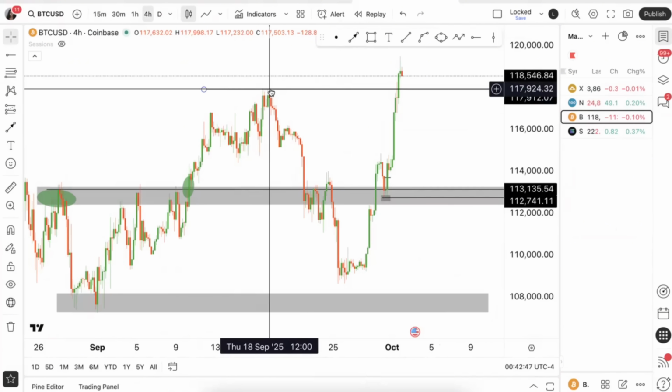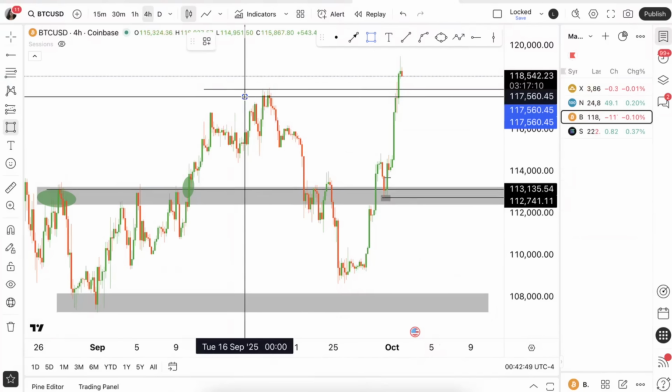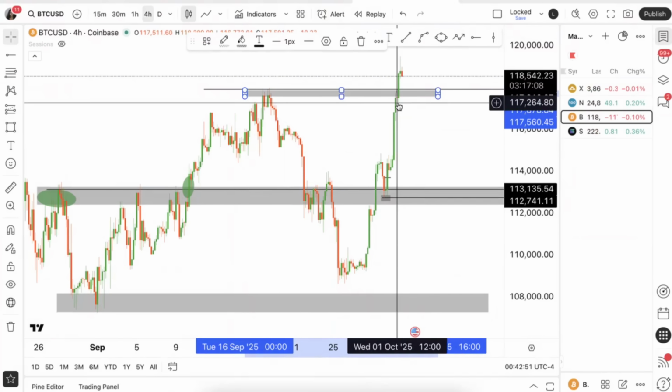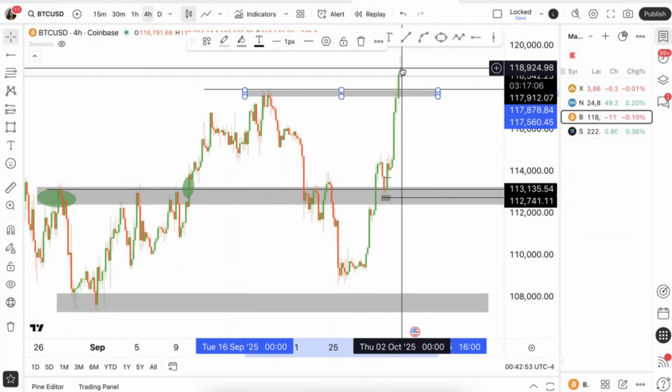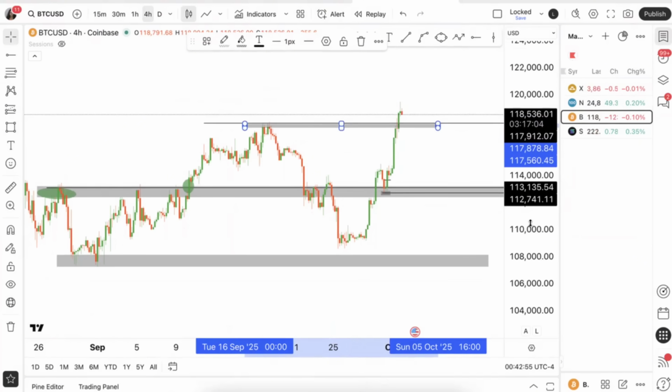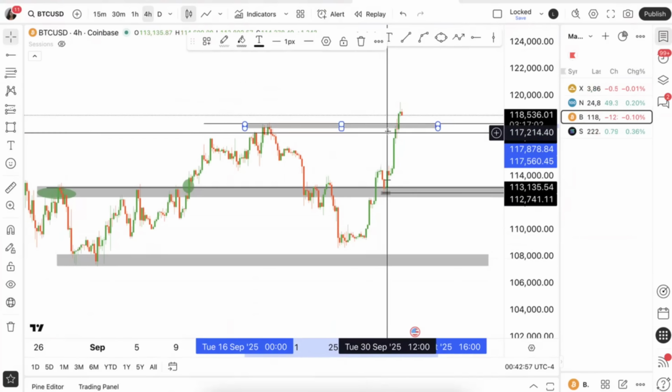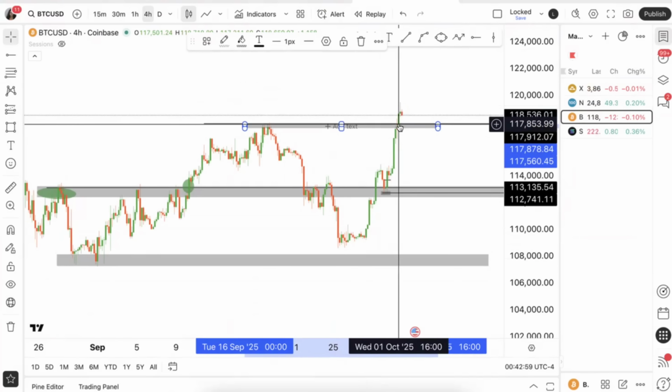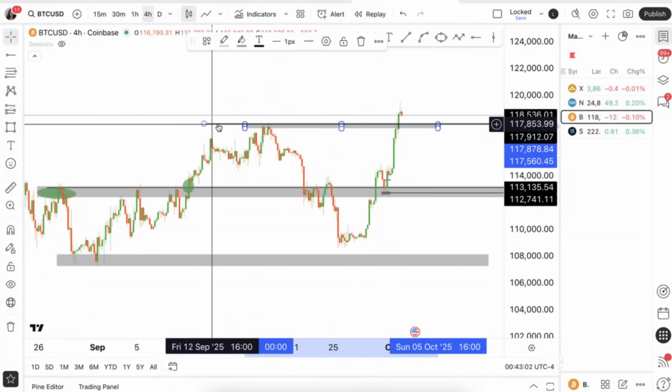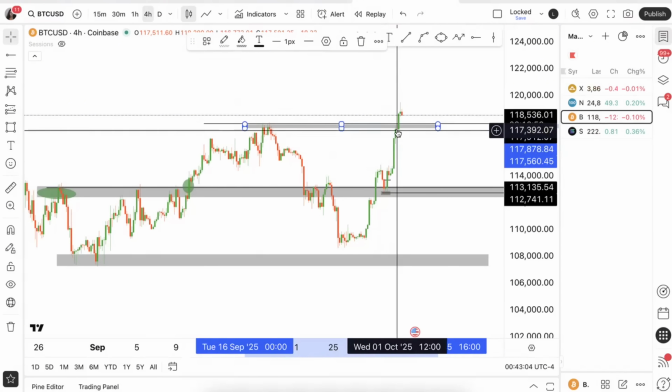Price is above that high. This is the actual level that I was targeting, but we broke right through it. So this is letting me hold my trade. For the people that ask a lot, how do I hold my trades? I'm holding my trades more when price breaks above that target level. So you can see the first time.